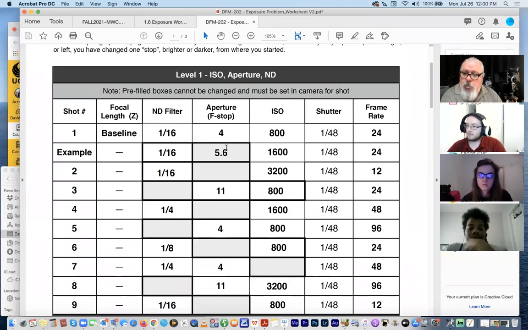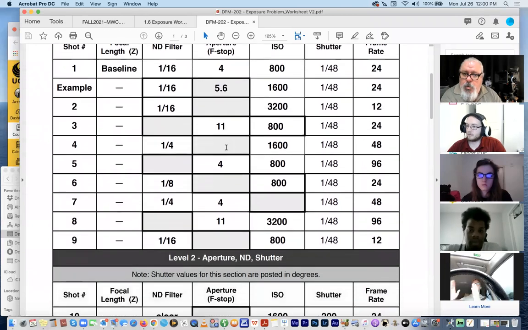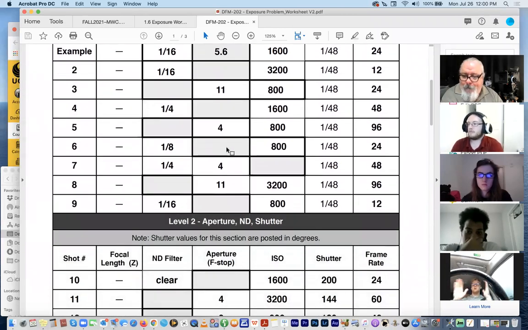So is there a precise way to calculate that? Because I was kind of doing an educated guess with mine. This is about as precise as it gets without a light meter. The answer to precision is use a light meter, and the light meter tells you exactly what you've got to do, because with the light meter, what am I doing? I'm dialing all this information into the light meter, and it's telling me what the new